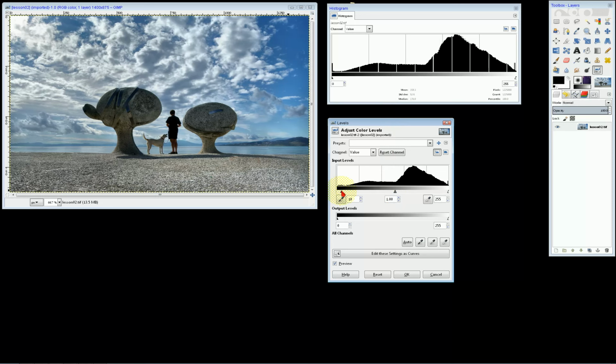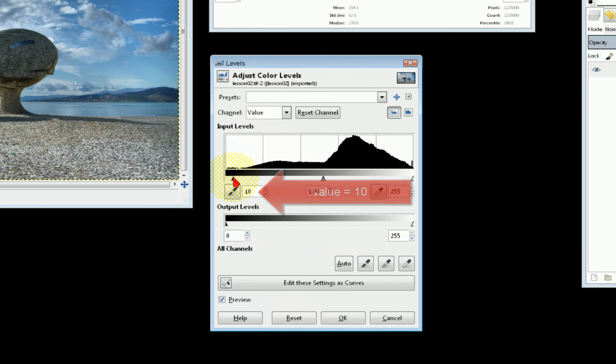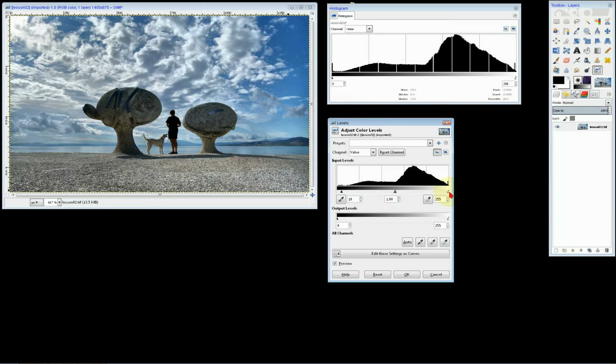Dragging the black point, I force all pixels with values less than a specific one to become black. Dragging the white point, I force all pixels with values more than a specific one to become white. And dragging the gray point, all values between the specific range of the two values, black point and white point, are proportionally recalculated.